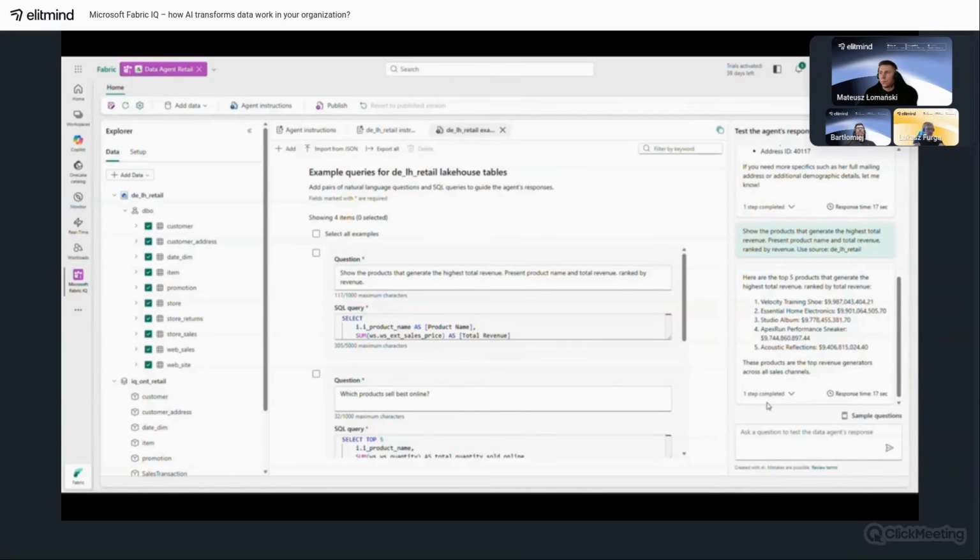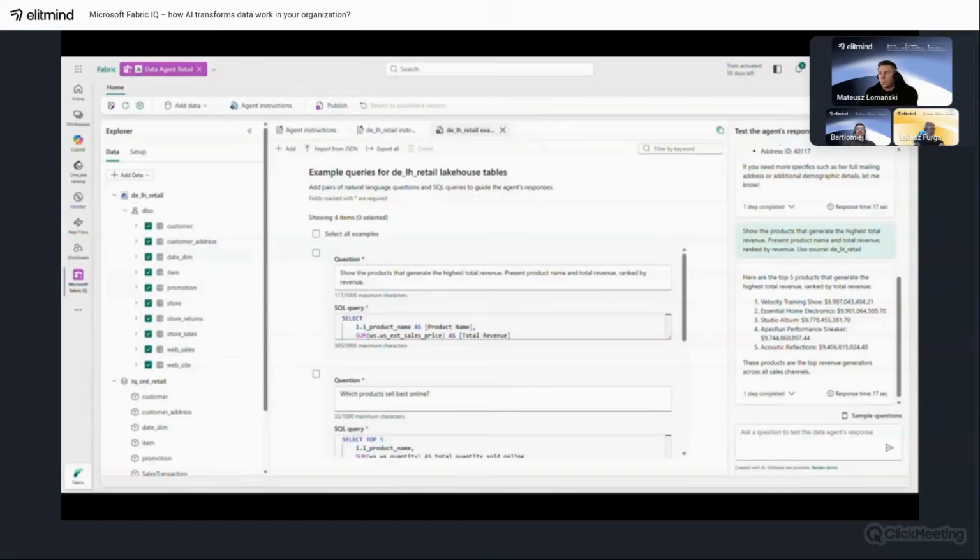Perfect. The agent correctly aggregated revenue data from our Lakehouse, identified the top performing products, and presented them in a clear ranked format. Notice that the agent returned 5 results. This is because in our agent instructions, we specified that it should always return the top 5 results by default. This gives us immediate insight into which products are driving our business without overwhelming us with too much data.